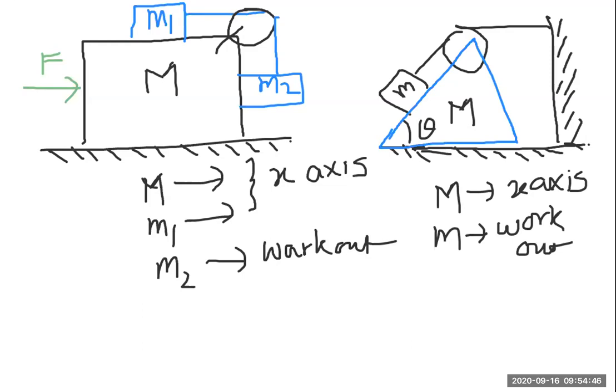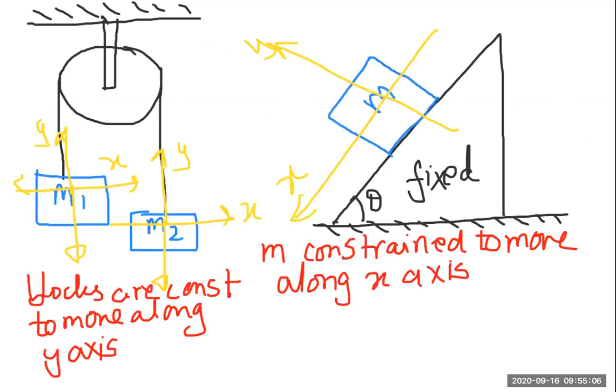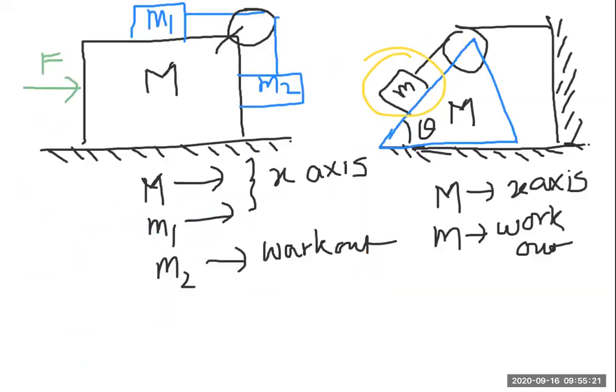For capital M, it is obvious that it will move along the x-axis, but for small m, it is not obvious. It is going to move along the x-axis and along the y-axis, and the motion of small m here is not going to be the same as this m here, because this m is on a fixed inclined plane. Therefore, we know the direction there, but this m is not on a fixed inclined plane. Therefore, its motion is going to be very complicated,